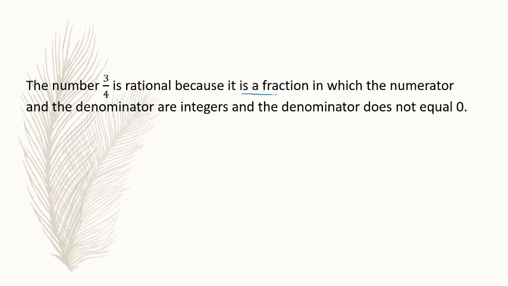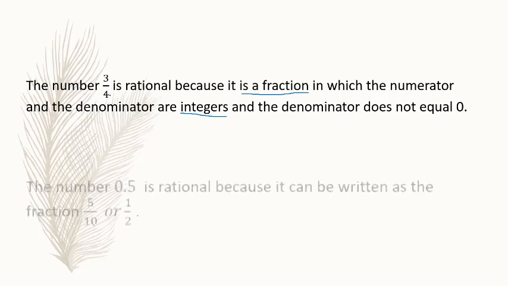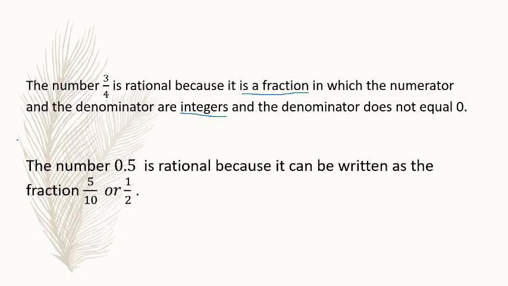Because it is a fraction in which the numerator and the denominator are integers, because 3 and 4 are integers because they are positive numbers, and the denominator does not equal 0. You see, 4 is different than 0. Then we say this is a rational number. Okay, the number 0.5 is rational because it can be written as the fraction